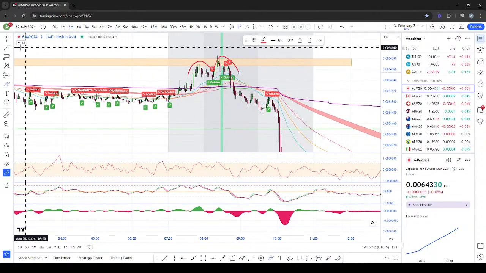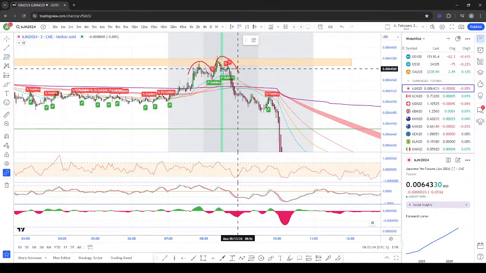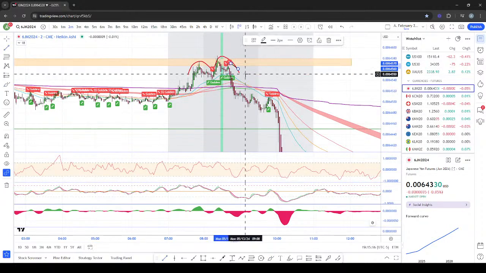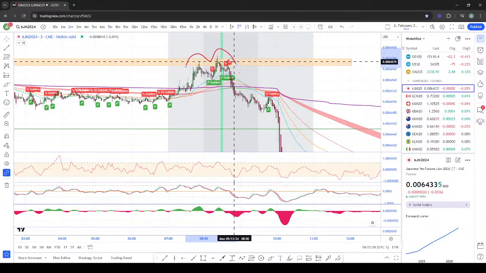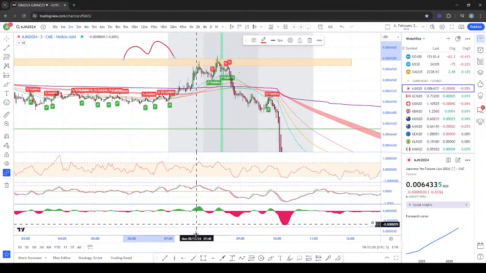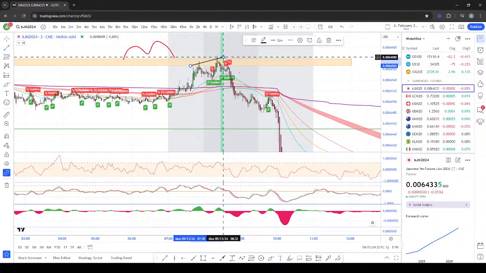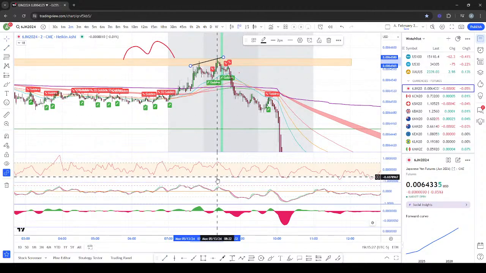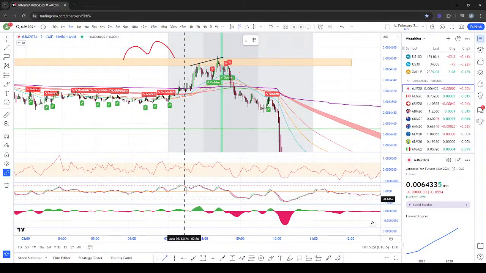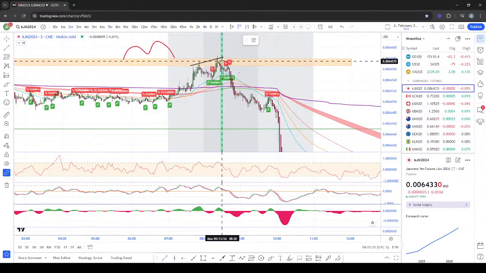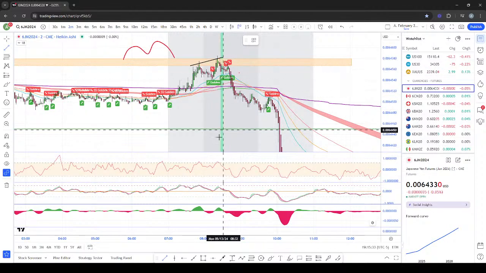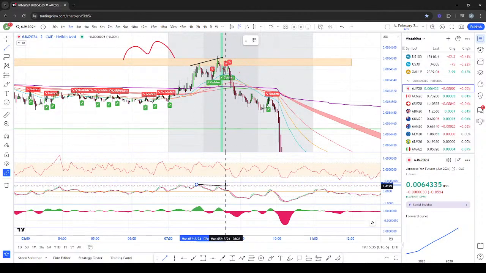So that is the double peak in, oops, let me delete that. So that's the double peak right in here. So here is the divergence in that. Okay, you see here price is making a higher high just slightly right before the New York Open. Right here you can see a nice